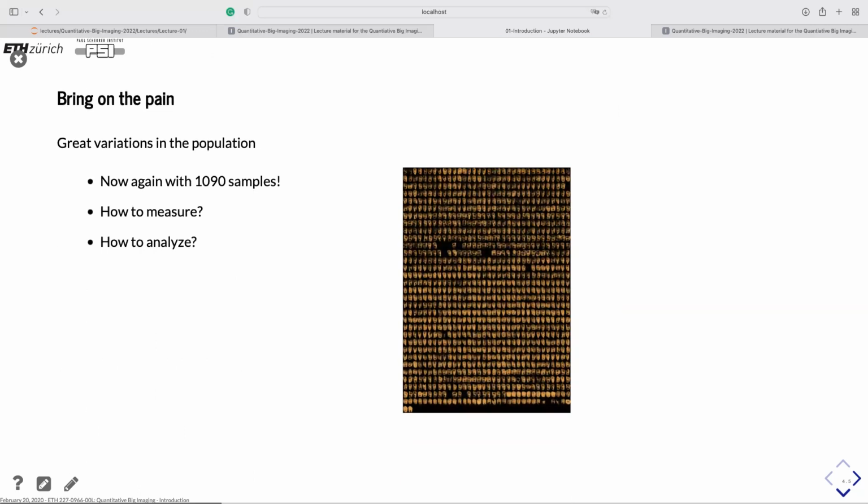Then we want great variations in the population. So it's not only one kind of phenomenon you want to study, you want a control group and you want to have different treatments. And then all of a sudden you have 1,090 samples. The first struggle is to get all these samples scanned. And in this particular experiment, they actually had a robot moving the bones in and out of the CT scanner